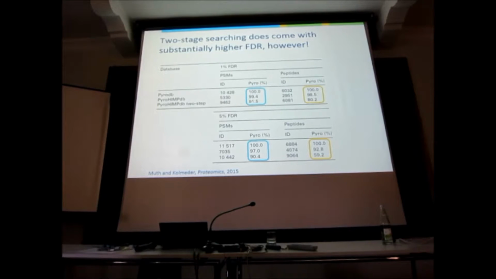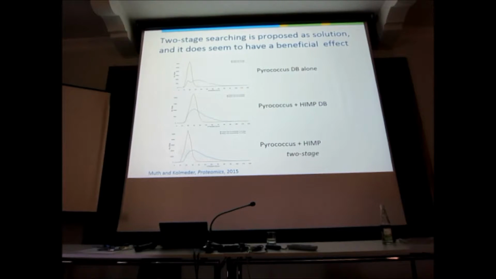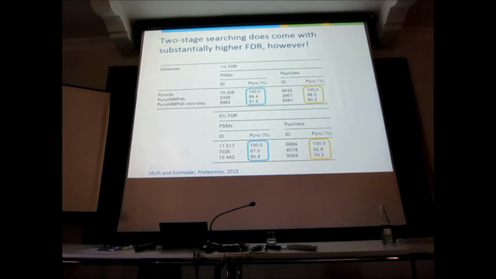We cut off first at 1% FDR. At 1% FDR, when we search the Pyrococcus database, we get 10,000 odd hits, and this is 100% from Pyrococcus. Of course, it's the Pyrococcus database, right? So here, this is peptide to spectrum match, this is peptides. We don't talk about proteins, that's too difficult. You get up to 100%, that's all fine. When you take this bigger database, and that is here, we get half the hits, remember? We halve the number of hits, but 99.4% comes from Pyrococcus. Our false discovery rate is under control. Everything works as we expect it to.